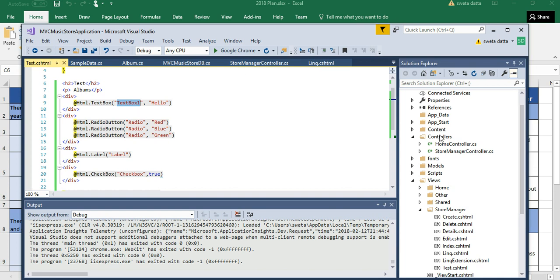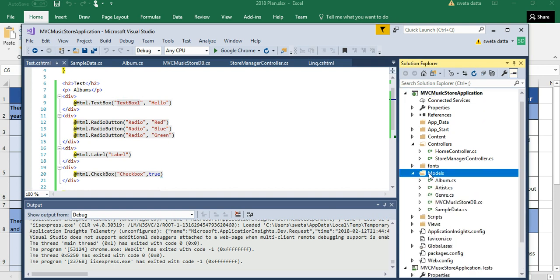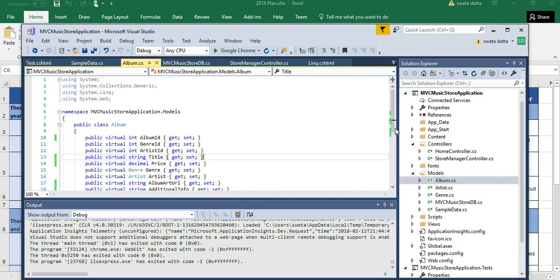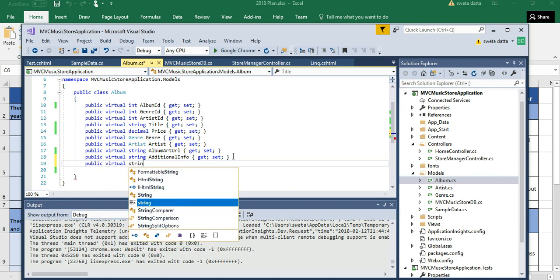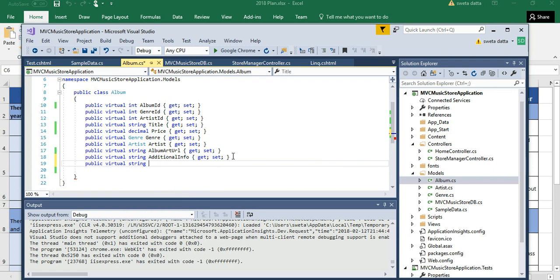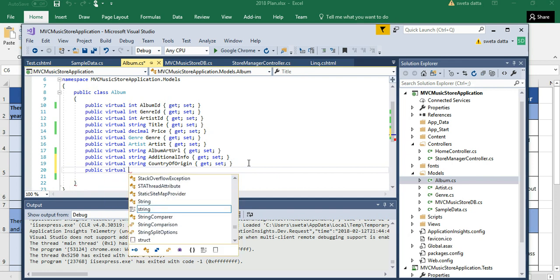So for example, I can go to my model albums. Let me go and add a new property. This is going to be my country of origin, and I want this to be displayed as a radio box. And I want this